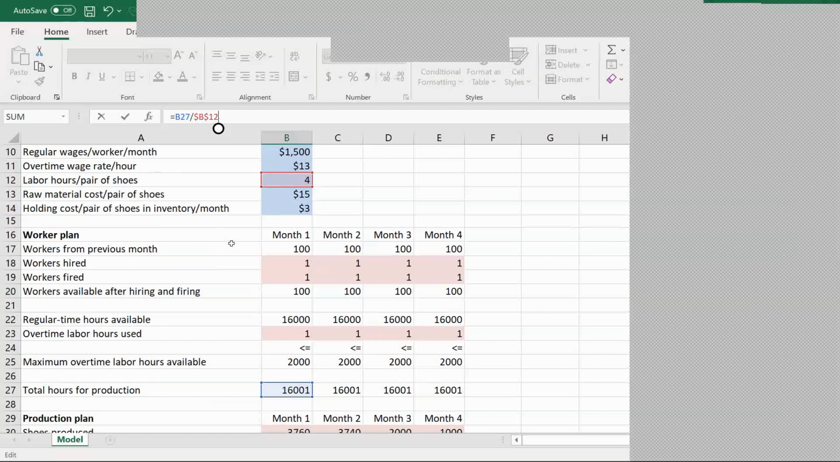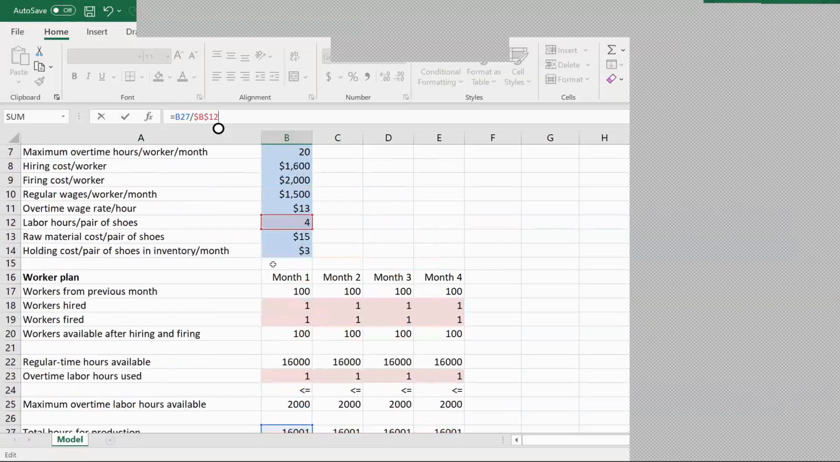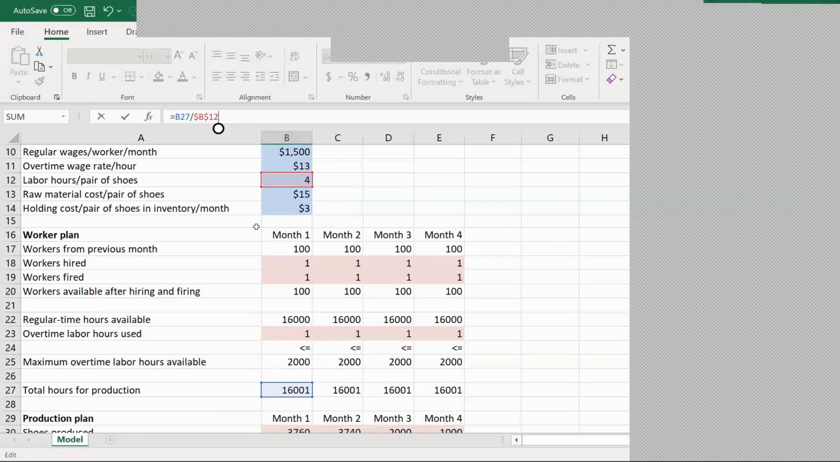And this is the production capacity. This is important because this is the total hours we have, and each 4 hours we can produce a pair of shoes. So hours divided by 4, which is production capacity, which is the labor hours per pair of shoes, gives us how many shoes we can possibly produce given the hours, and the fact that each 4 hours we can produce a pair of shoes. So 1601 divided by 4 is